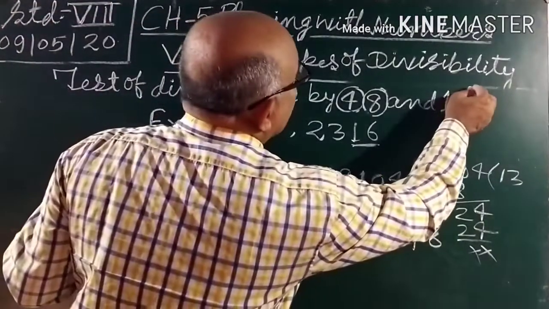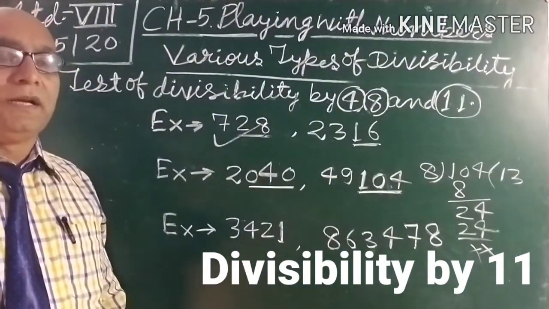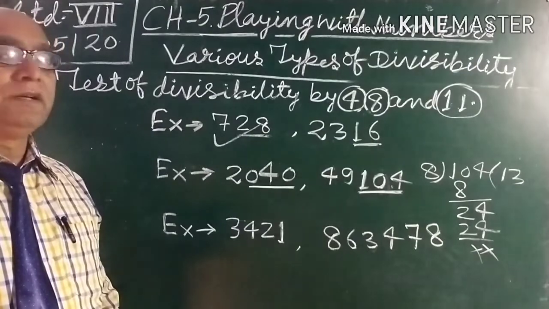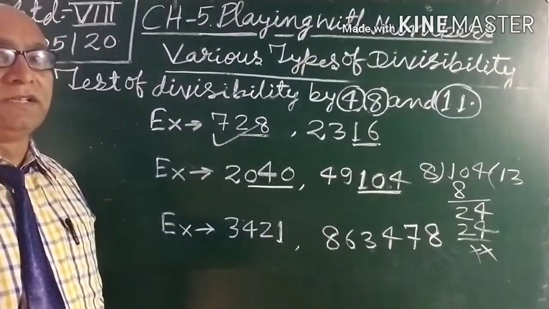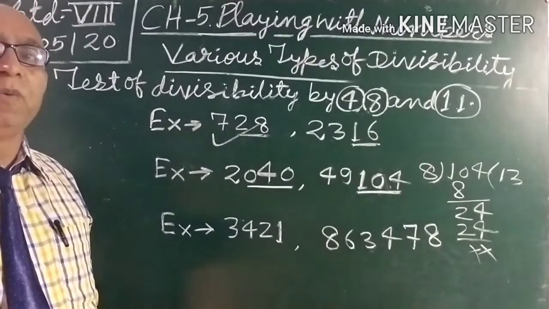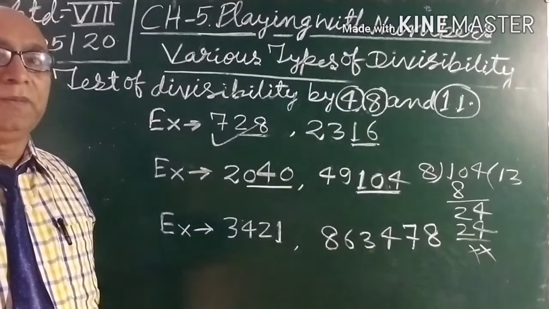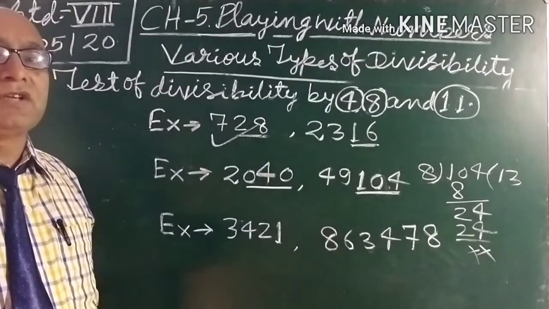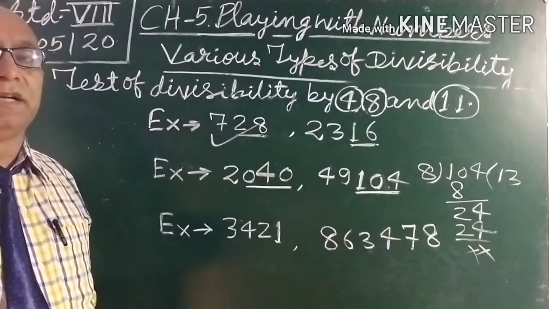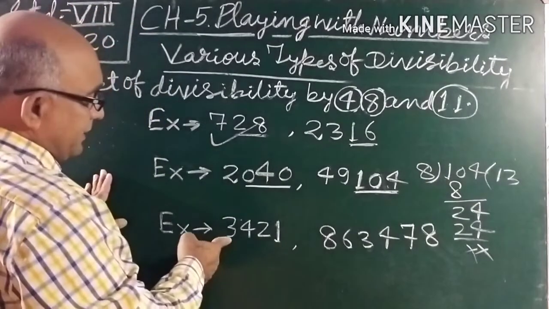And last, test of divisibility by 11. A given number is divisible by 11 if the difference between the sum of the odd place digits and the sum of the even place digits is 0 or a multiple of 11. So here is one example,